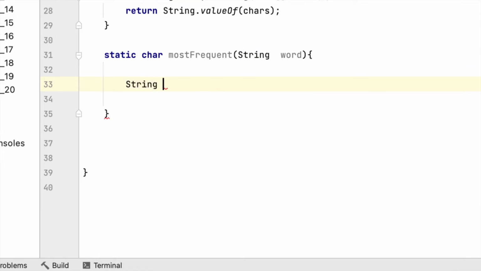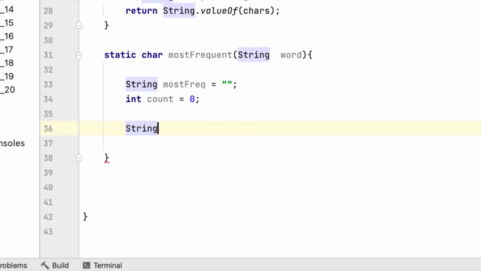First we will say String mostFrequent. It will be set to an empty string. We will create an int variable. We also have to create an array to split the string. So word split,